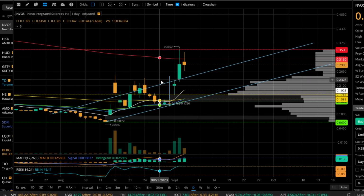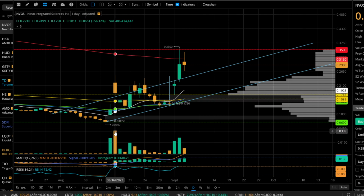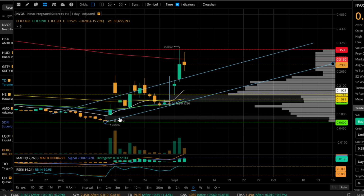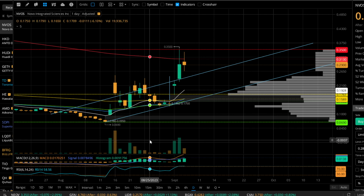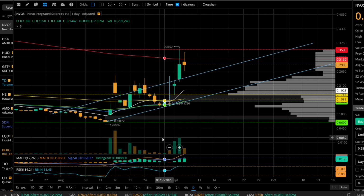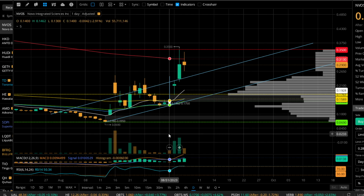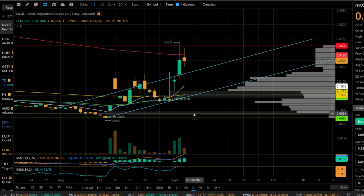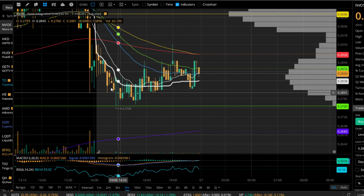So as you can clearly see, at one point a couple of weeks ago, we had 406 million shares traded in a day. So we do have a lot of good volume, but as you can see here at the bottom, we do have days where we have 30 million. Here we have 19 million, 16 million, another 16 million day, 26 million. We had 55 million. So we have a lot of volatility within the stock in regards to volume. So if I now bring it back here,